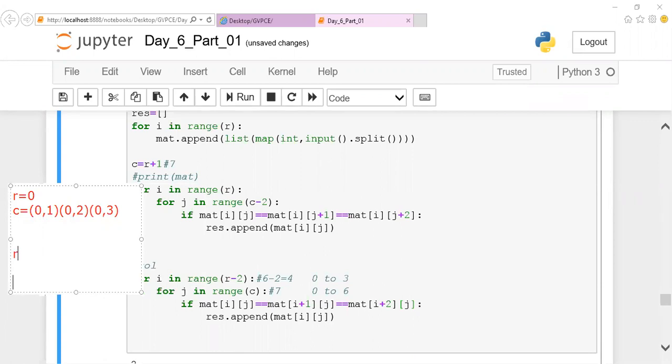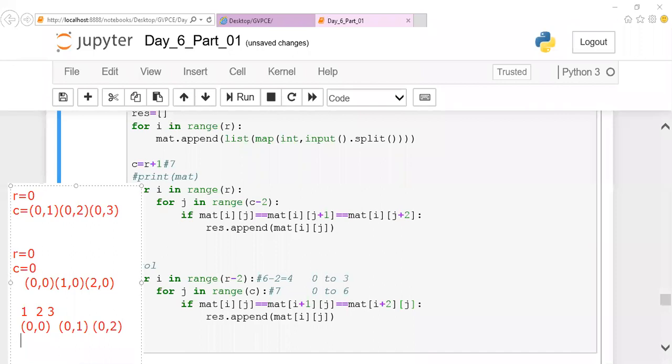For the 0th row, when your column is 0, I'll have these combinations: 0,0, then 1,0 and 2,0. In a matrix, the first element will be at position 0,0, the next element at position 0,1, and the next element at position 0,2, isn't it? Let us have a few more values here.